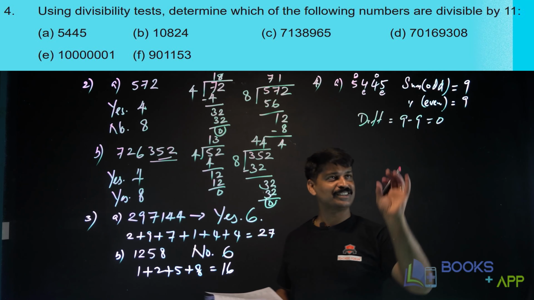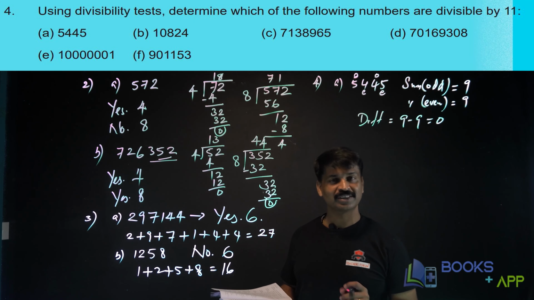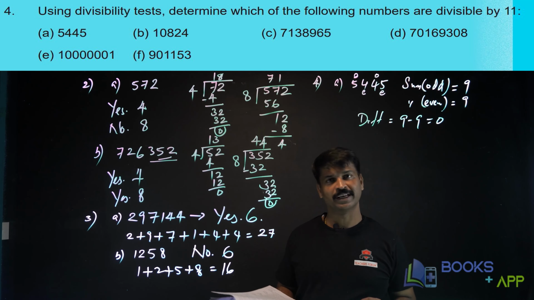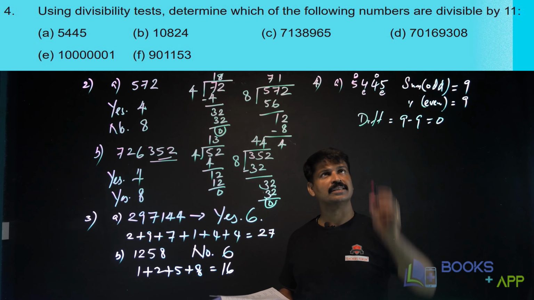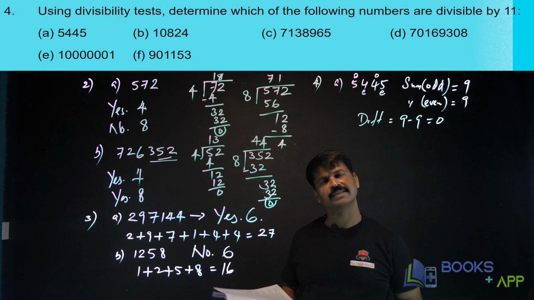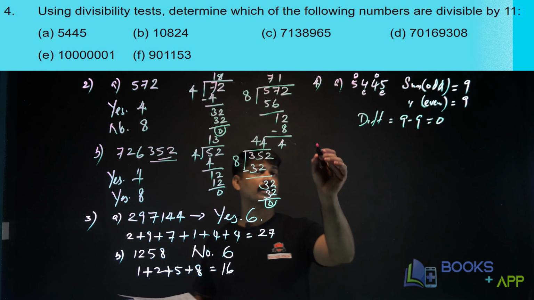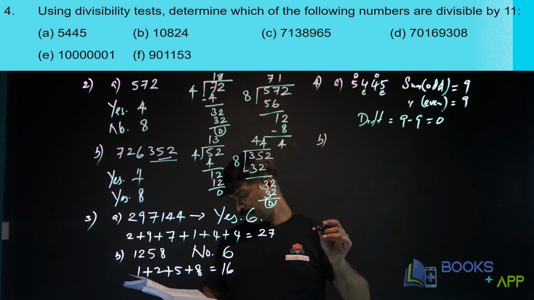So if the difference is 0 or a multiple of 11, the number can be divided by 11. So what do you think? Is this number divisible by 11? Yes, the given number is divisible by 11. Now let us do another one, one more. It is